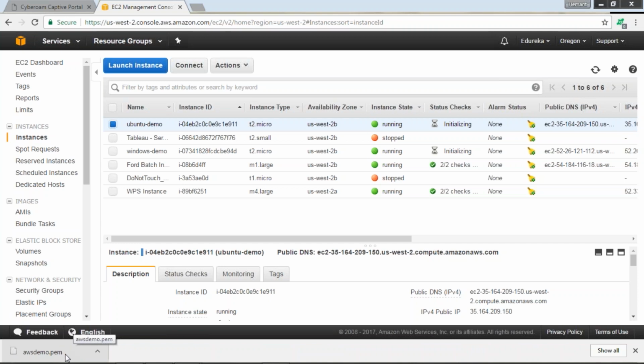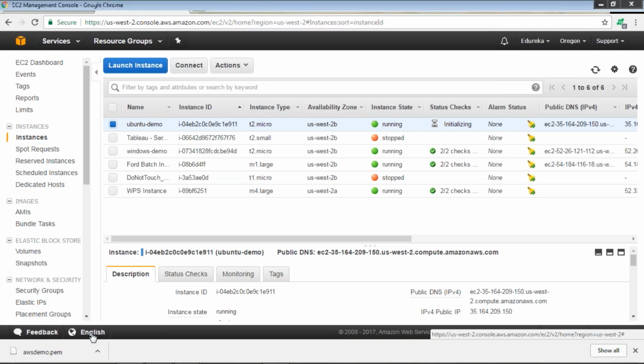You will load this file in the Putty Gen and save the private file in the PPK format in the same place that you have stored your PEM file, right? Once you do that, now you will be using the Putty software. In the Putty software, you will be uploading your private file and you will be feeding in the IP address that you want to connect to. Once you connect it to the terminal, you have to enter the user.